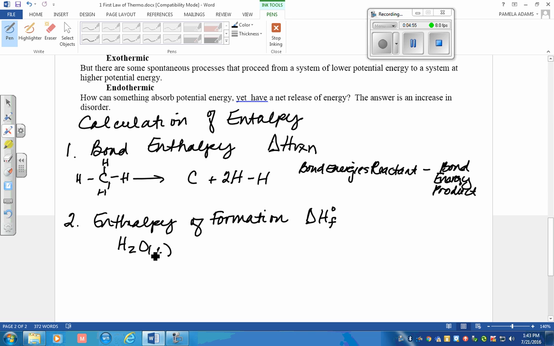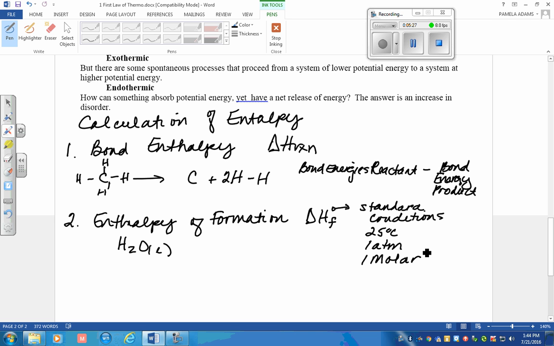That's the amount of energy that was gained or lost when two hydrogens formed a bond with an oxygen. This little naught sign denotes standard conditions, which is not STP. Standard conditions, 25 degrees C, one atmosphere of pressure, and if it is appropriate, it would have a concentration of